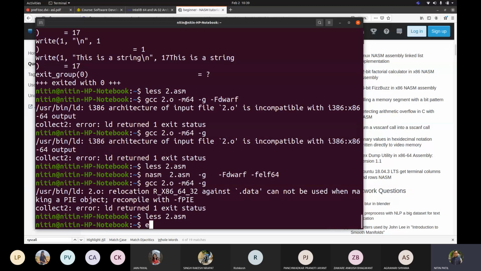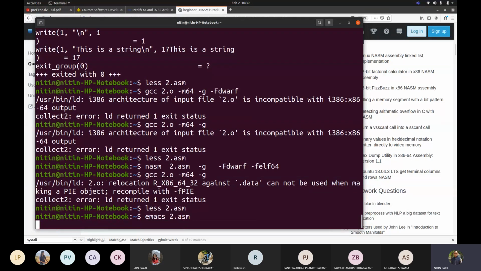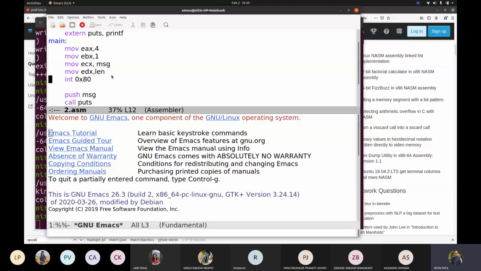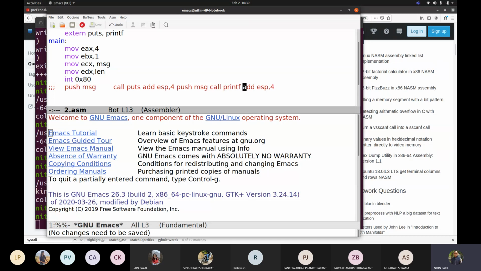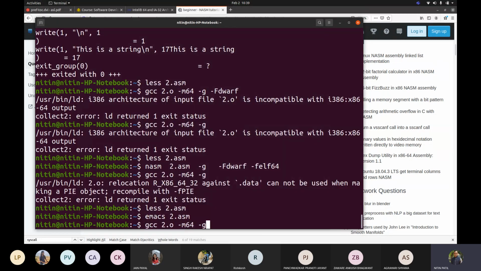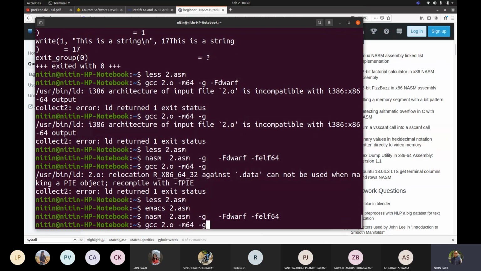Correct. So for example, if I go to 2.asm now, I'm putting everything in comments, and let me try assembling the code.